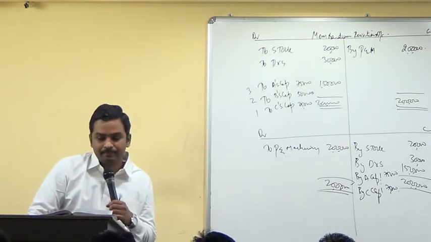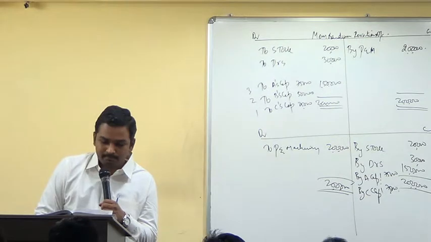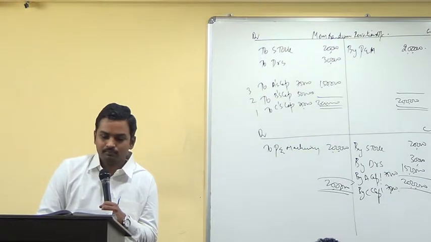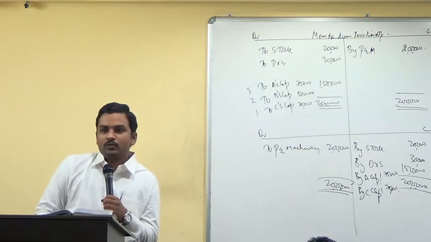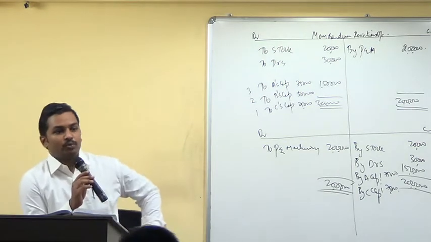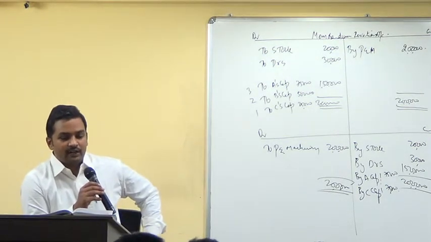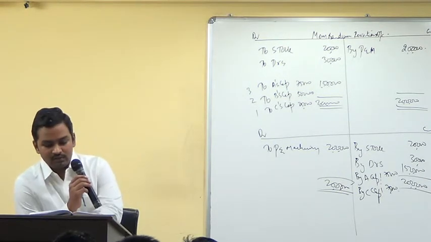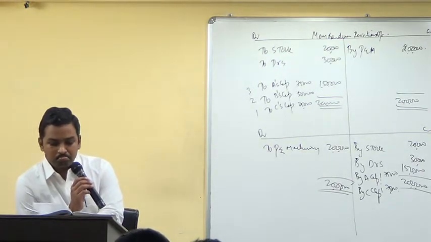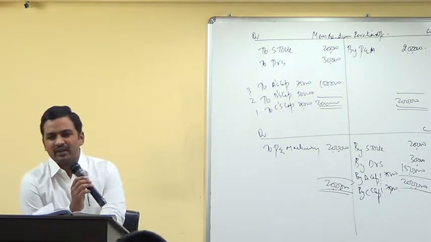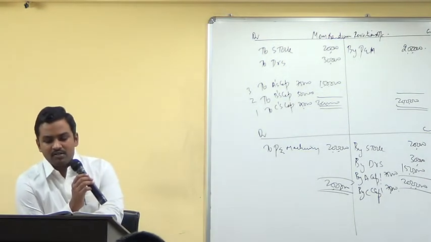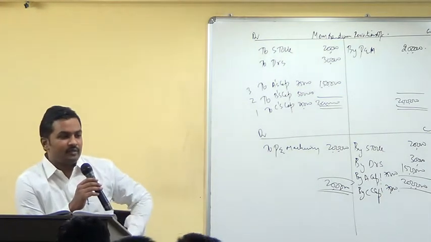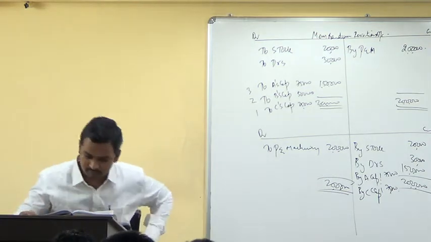Please open all the accounts quickly, the necessary accounts. Revaluation account you'll open. No need of opening any reserve account or goodwill account. Reserve is there, but I think not needed. We can directly pass one entry and close that account. Profit and loss account is also there. Then bank account and then balance sheet after retirement.